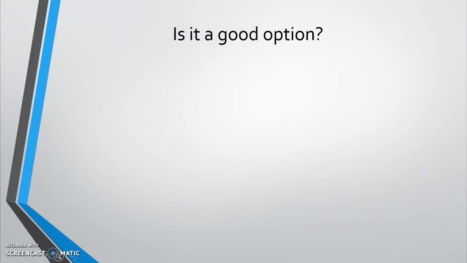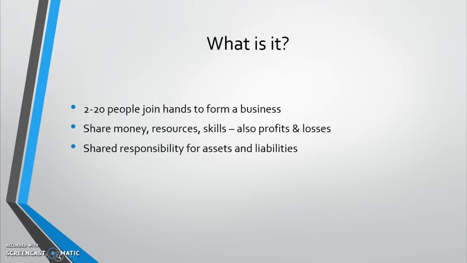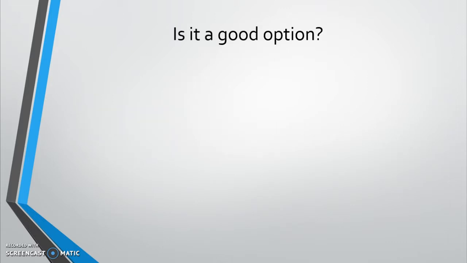Now, we also need to consider the advantages and disadvantages of building a partnership together. Because as I mentioned before, it's not usually between two people, it's 2 or more. So you could have 5 partners and 5 of them will equally be responsible. So if we go back to the example of sharing assets and liabilities, if you do have a 50,000 loan amongst 5 people, each of them will be responsible for paying back to the bank 10,000 each.